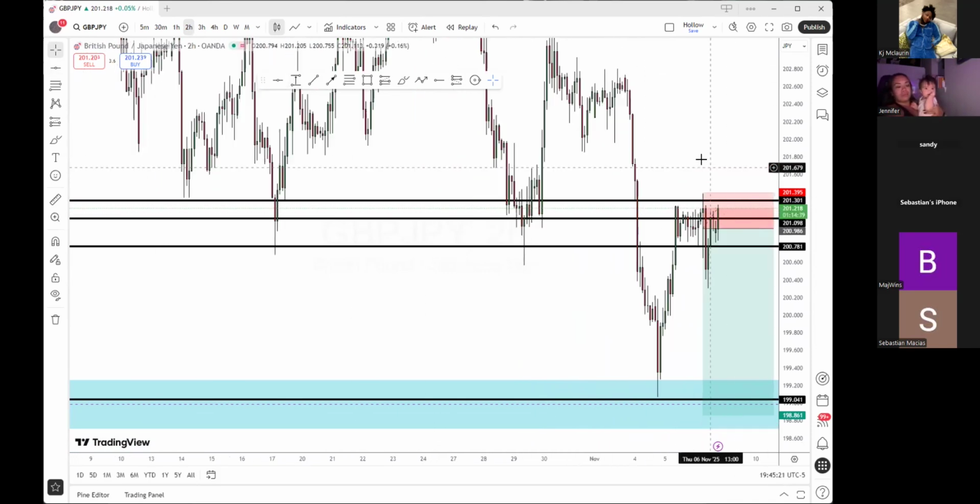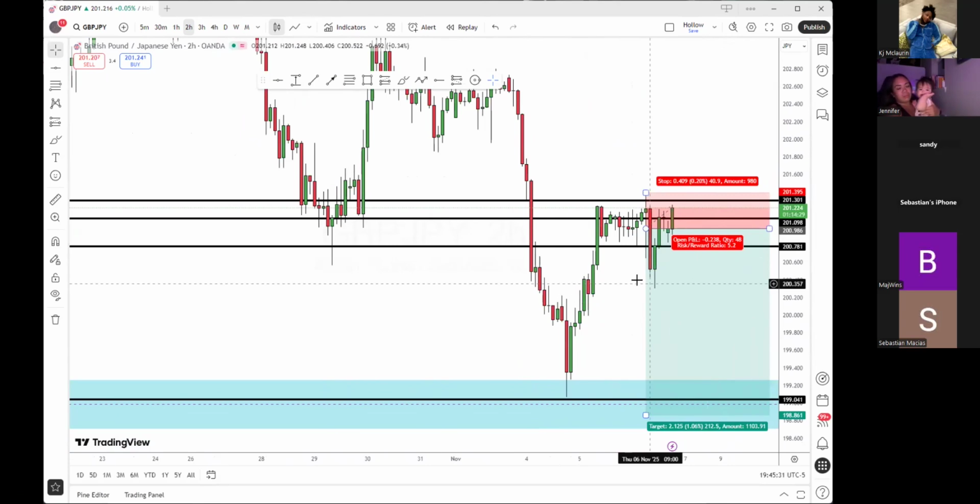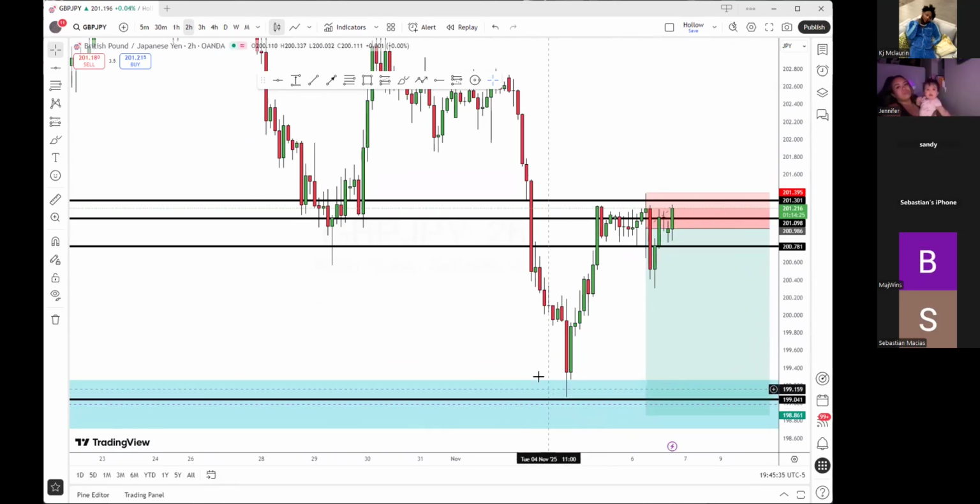But yeah, that's what I seen and why I was in bias. So technically that buy would have been an A plus setup. And then this little small retrace right here would have just been a B plus or C setup. Exactly. This was the initial move right here, because overall this is the level of